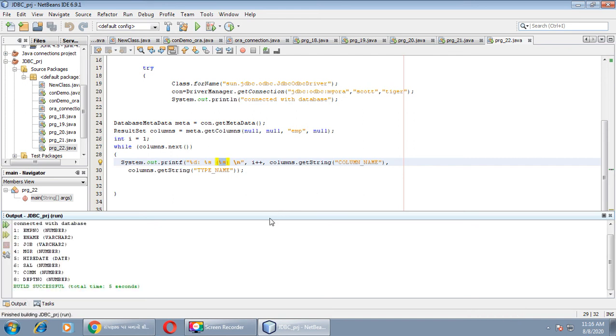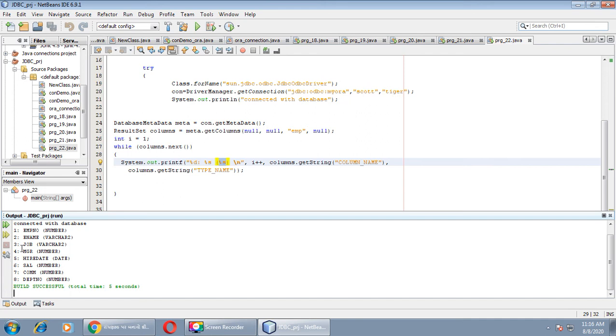As all of you are aware of the employee table very well, there are 8 columns defined in this table, and here in the output window you can see the names of all the columns printed by these methods: columns.getString with the column name, and columns.getString with the type name.